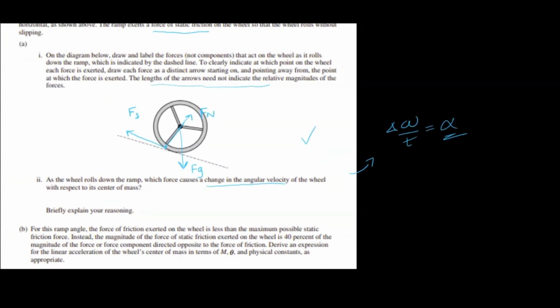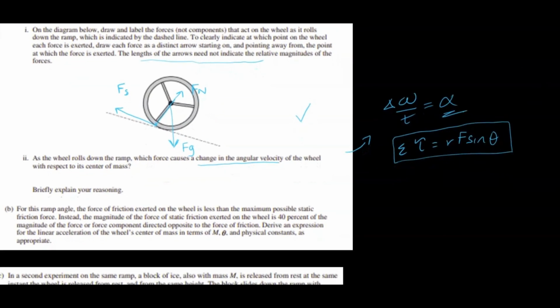So if we take our torque equation here, which is the sum of all the torque, let's write tau like this. The sum of all the torque is equivalent to the distance from the radial line, r, multiplied by the force and sine theta. And so now we can just use this equation and observe it for each of our following forces and see which one actually causes that angular velocity change. So let's start with